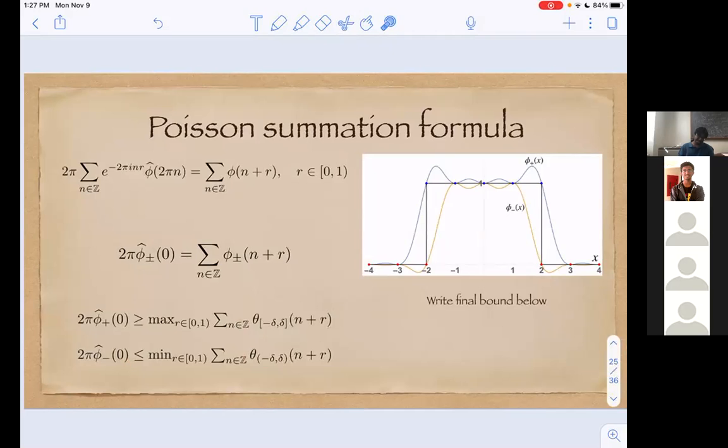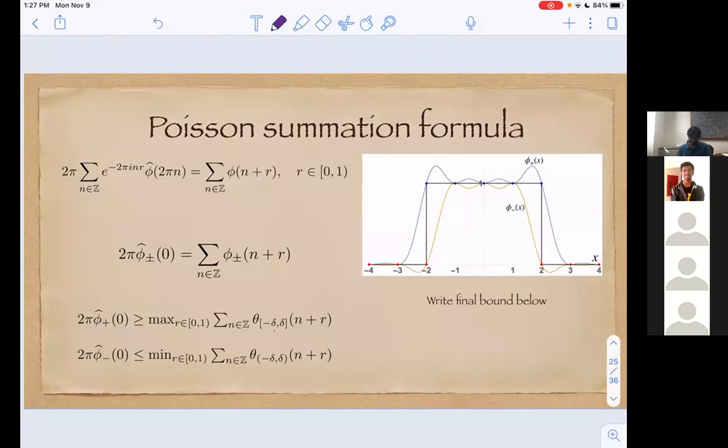At this point, this r can be arbitrary, but we need to choose a particular value of r so that this gets maximized. We can easily do that. If you look at this, you will see that it effectively boils down to a problem of accommodating integer points inside this box, inside this characteristic function. So the point is, given a value of delta, how many integer points can you fit inside this window?